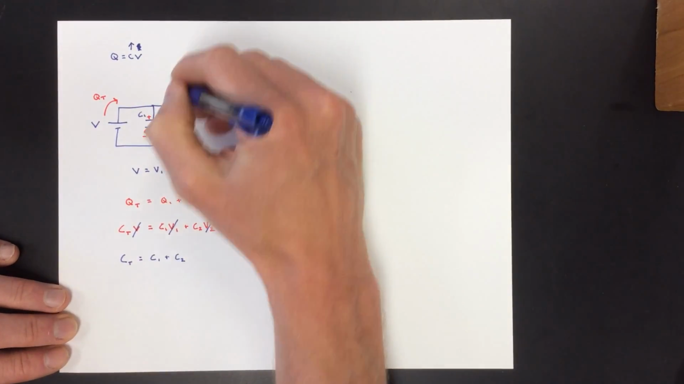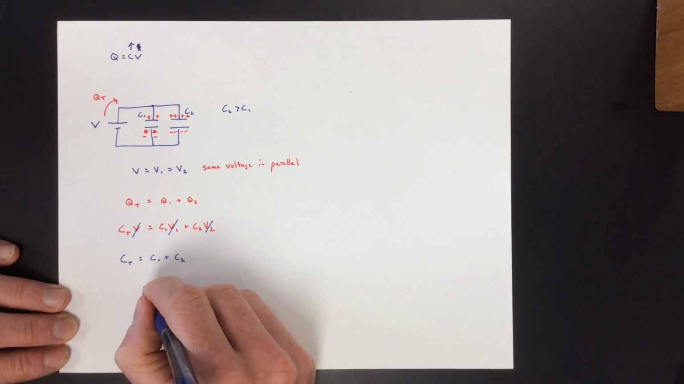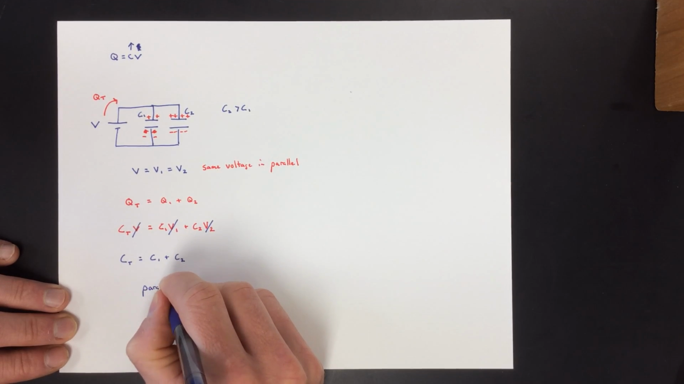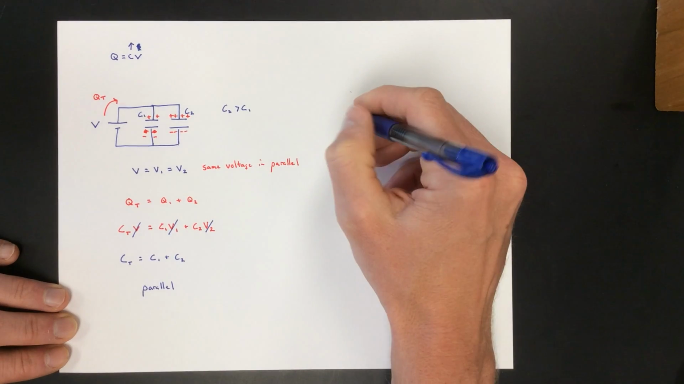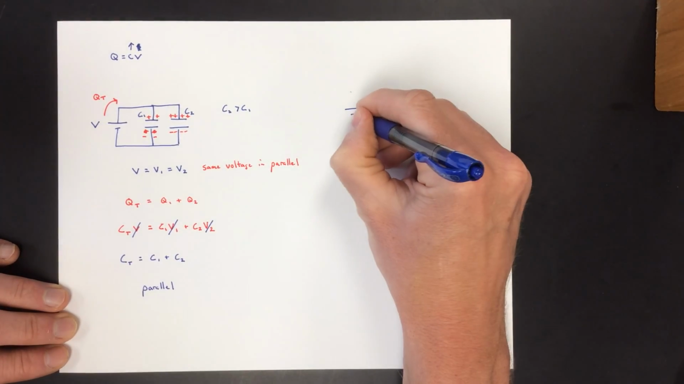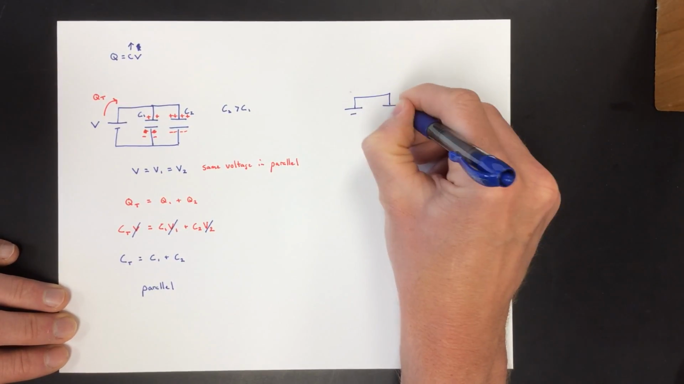All right, this is in parallel. So in parallel, capacitors add, just like resistors added in series. And then if we put capacitors in series with each other,